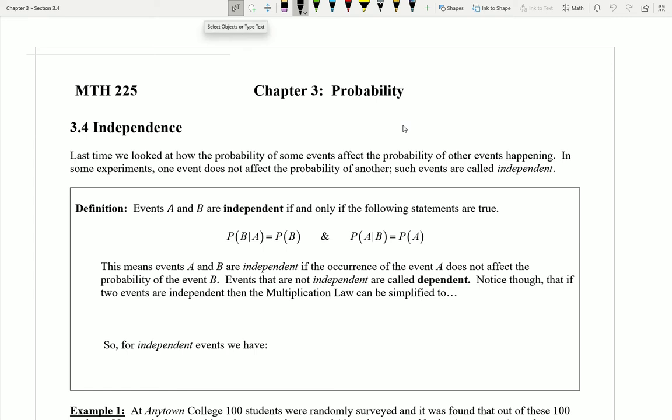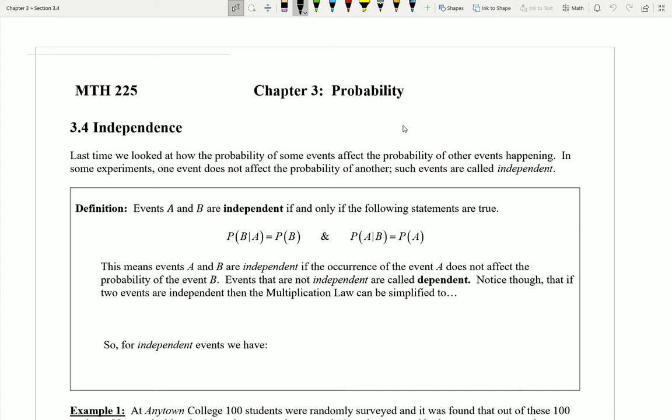In the last section, we took a look at how we could find the probability of an event that was affected by the likelihood or the probability of other events that had happened in the past. So we had this idea that events were conditional or dependent on each other in some way, that something that happened before could affect something that happens next.